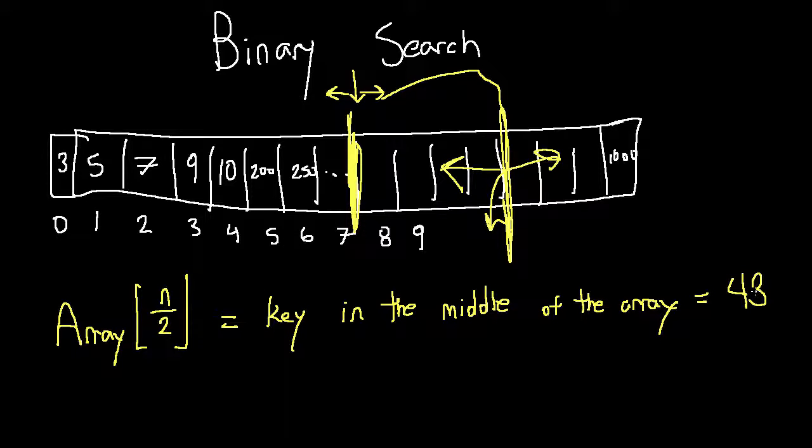Now we'll go right to the middle, and we're going to take the floor of that number, right? That means we are going to just cut off any decimal place and look at the real value. So let's say the number was 43.7. We are going to cut that off and just go to 43. No rounding, right? It needs to be the exact same thing each time. So we're going to arrive at that middle number, and we are going to say that if the array at the floor of n over 2 is less than k, the key that we are going to be looking for, then we will call